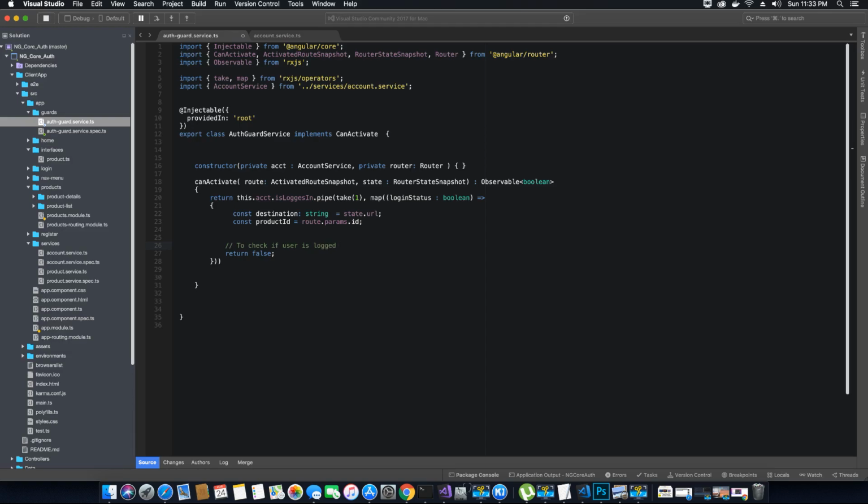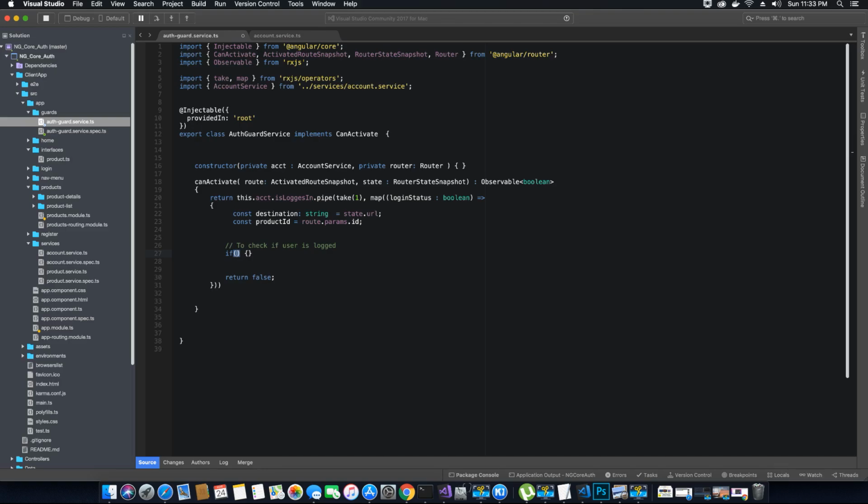If the user is not logged in, then we redirect the user to the login page. And if the user is logged in, then we don't redirect the user to the login page. We just authenticate and authorize the user, correct? So that's why we will have a condition here at the very beginning that will check if the user status